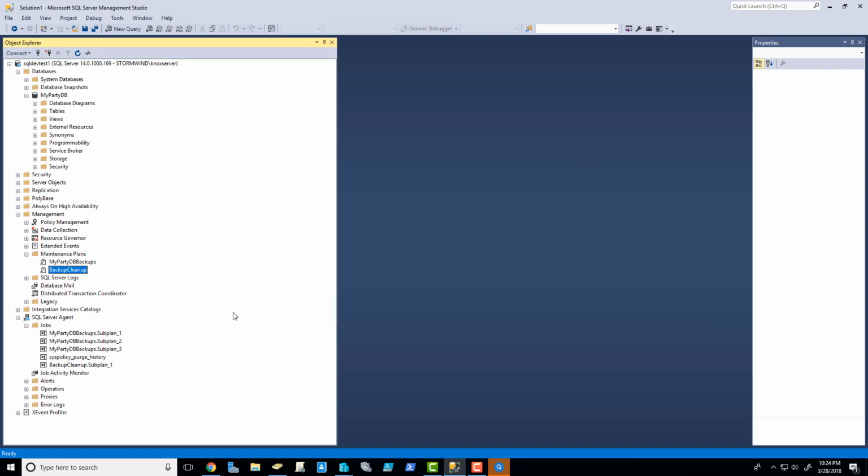And just like that, we now have a cleanup plan in place to delete the backups that are older than 4 weeks old. That is database backups, guys. This is so important. Get out